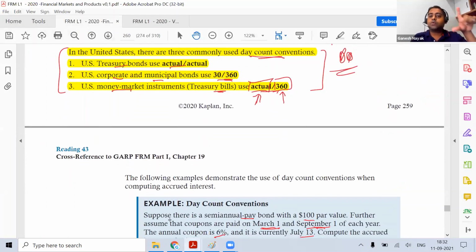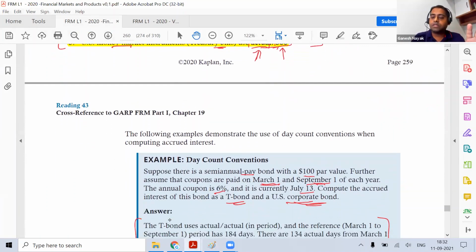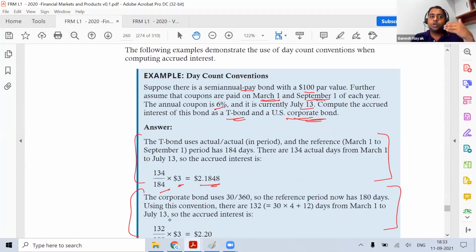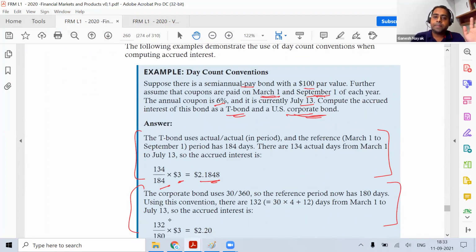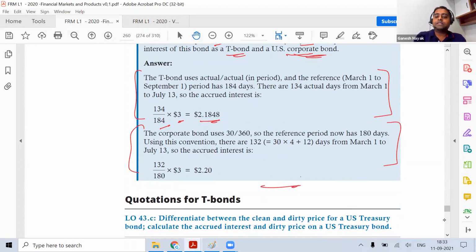So we are done with this accrued interest calculation. It's a very, very simple concept. Don't worry about it. If you do it 3-4 times, it will be very clear. So we are done with this section. We have solved